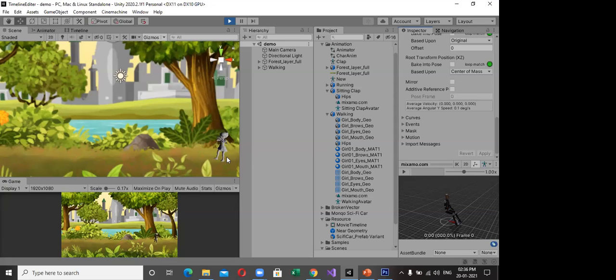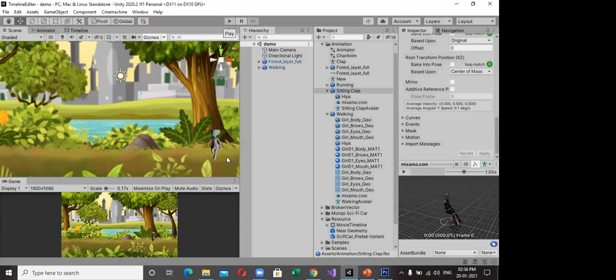That's a way to reduce your file size. Otherwise we would need to create separate clap animation and clap-and-walk clips, multiple clips. That's a use case of Unity. We can mix particular clips together and easily use the animations.